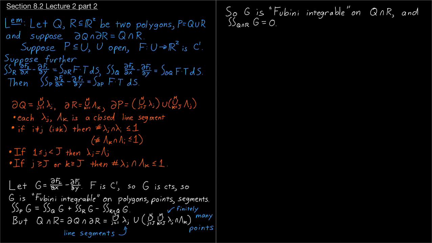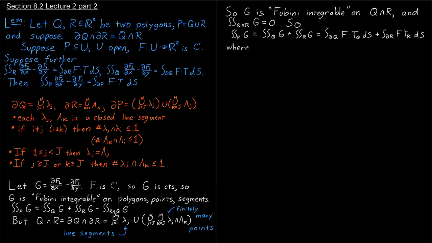So we can write that the integral of G over P is just the integral over Q plus the integral over R. And we assumed that Green's theorem worked in Q and R. So we can write this as the integral over the boundary of Q of F dotted with the tangent vector plus the integral over the boundary of R of F dotted with the tangent vector to R,